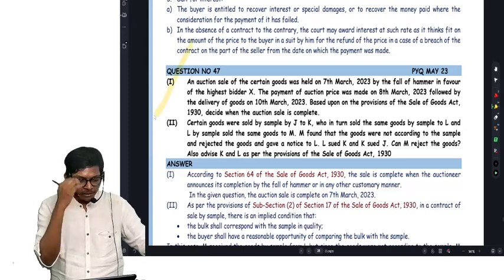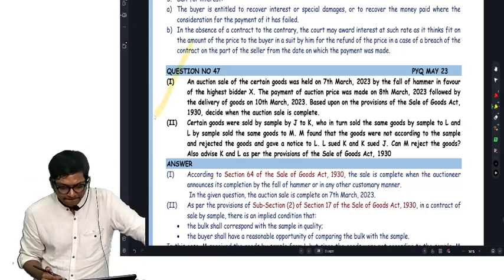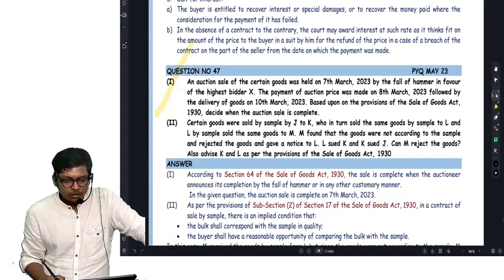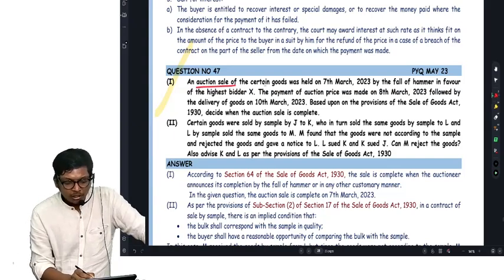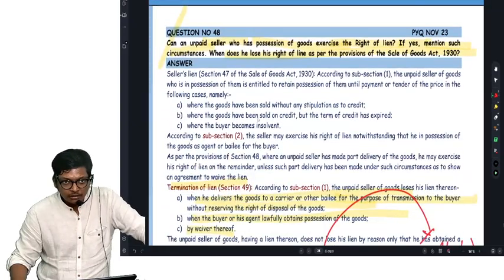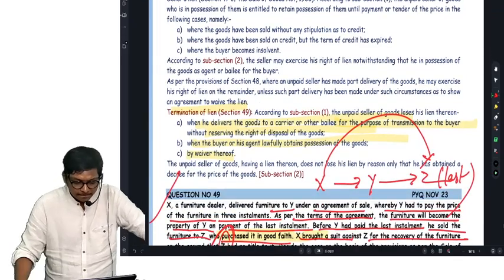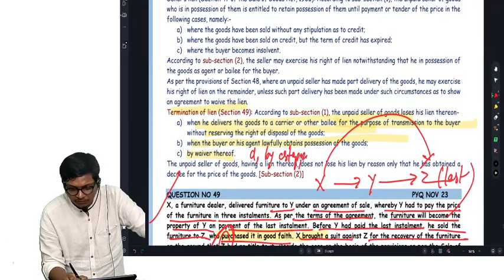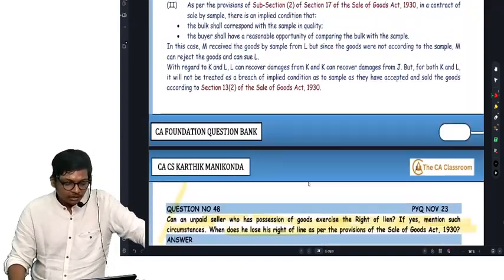Next, question number 47. Okay. In the auction sale, you missed one point. D, by the buyer, correct. Yes, that point also we will add. Okay, fine. Next,